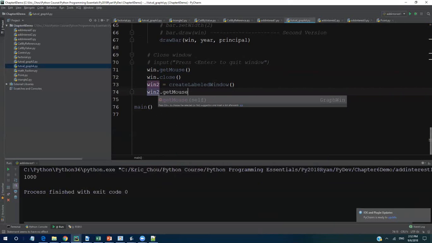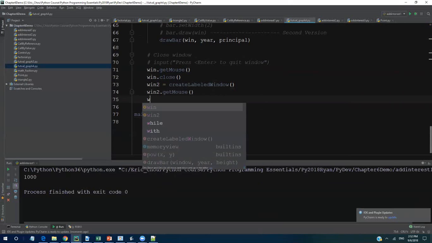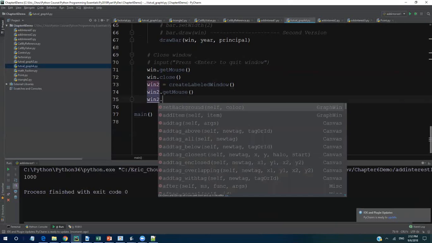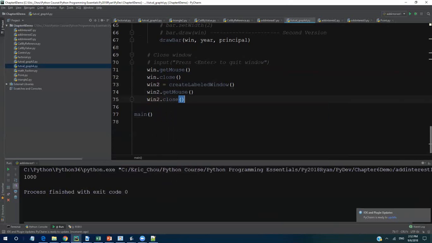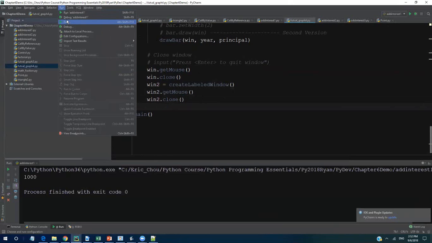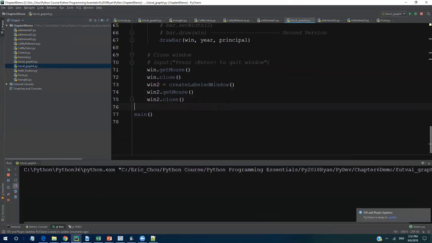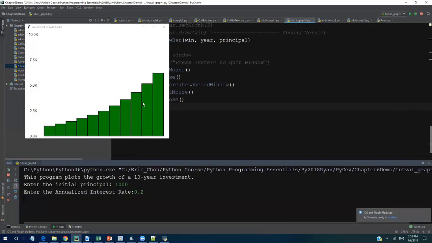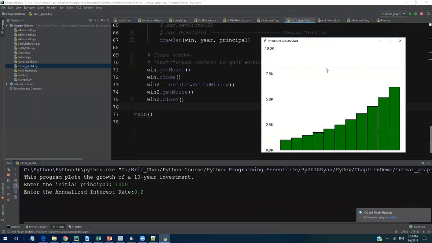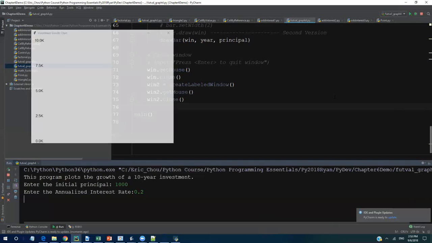I just want to show you why this window needs to be grouped as a separate function, so you can reuse it. So first let's do it. You have the principal of $1,000, rate of 0.2, say. You draw this, right? If I click the mouse, it will be done,